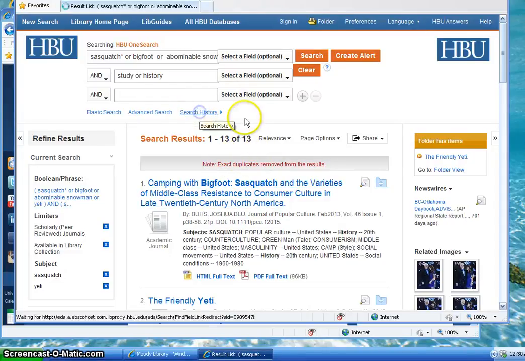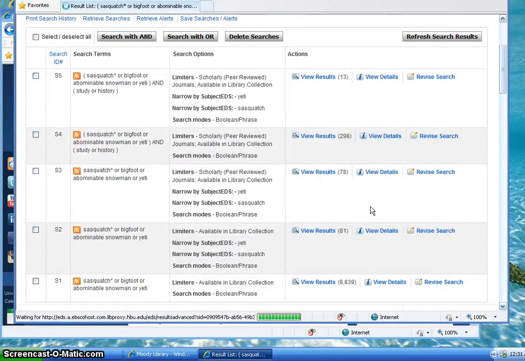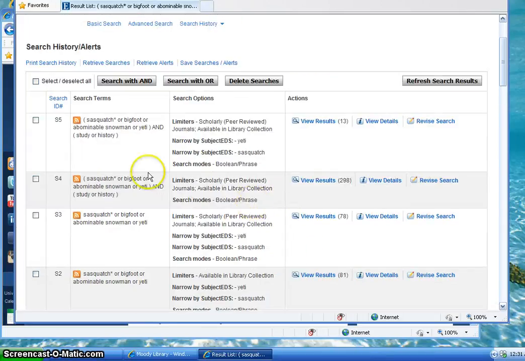If I open my search history here, I can see what happened. So I had 78, and then I narrowed it down again with study in history. That's what happened, and it changed my search. It added back up here and dropped all of the subject limiters that I had run earlier in the search. So then when I came back and I went to the limit